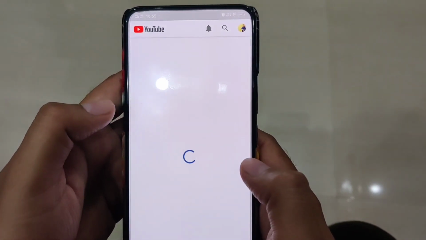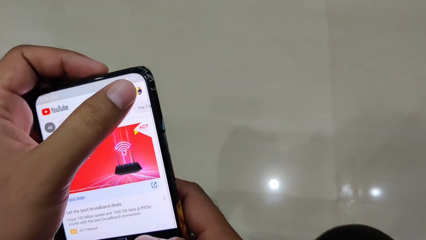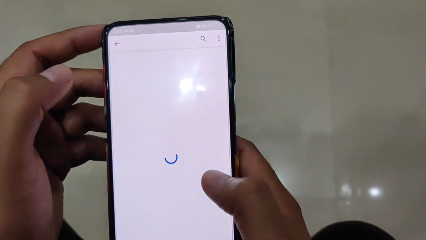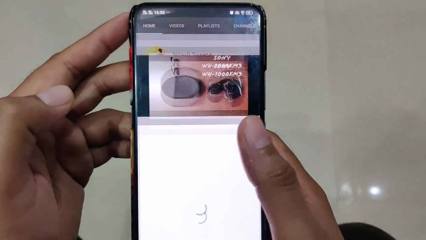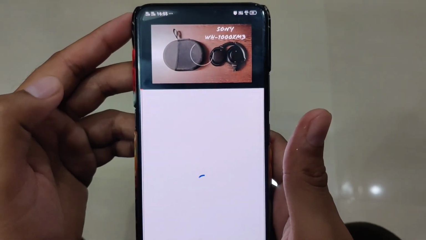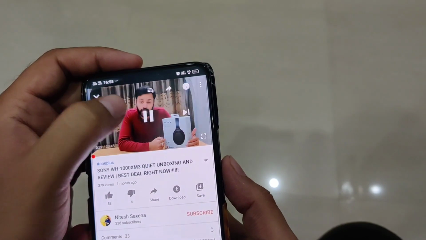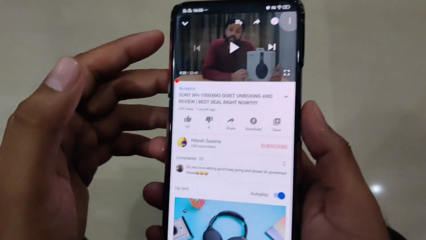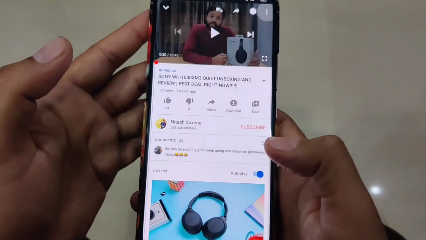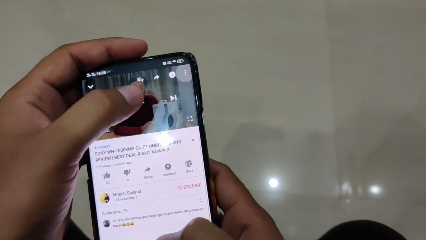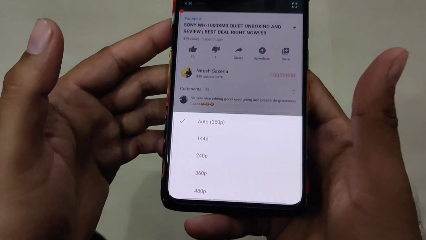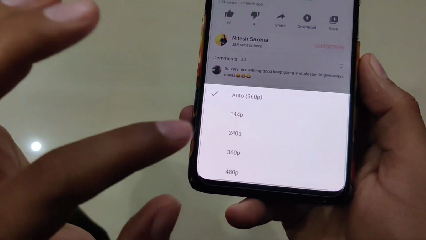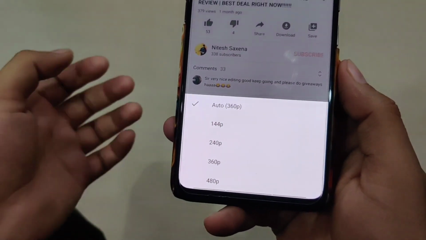Now you can see, if I open the same video again from my channel itself and click over these three dots, the resolution is going to be different. Wait a second. If I click over here, you can see it's now restricted to 480p only.